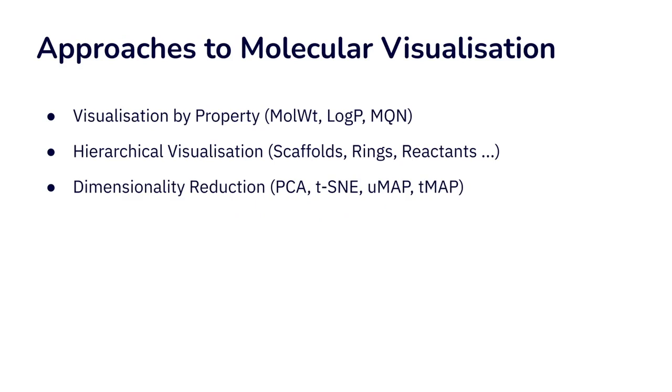First of all, I would like to introduce existing approaches of molecular visualization and what the existing methods are. The most common way to plot molecules is to visualize them by property. For instance, plot the molecular weight of the compounds on the x-axis and LogP on the y-axis. Then there are approaches to visualize chemical spaces hierarchically in terms of the most frequent scaffolds or most frequent chemotypes,